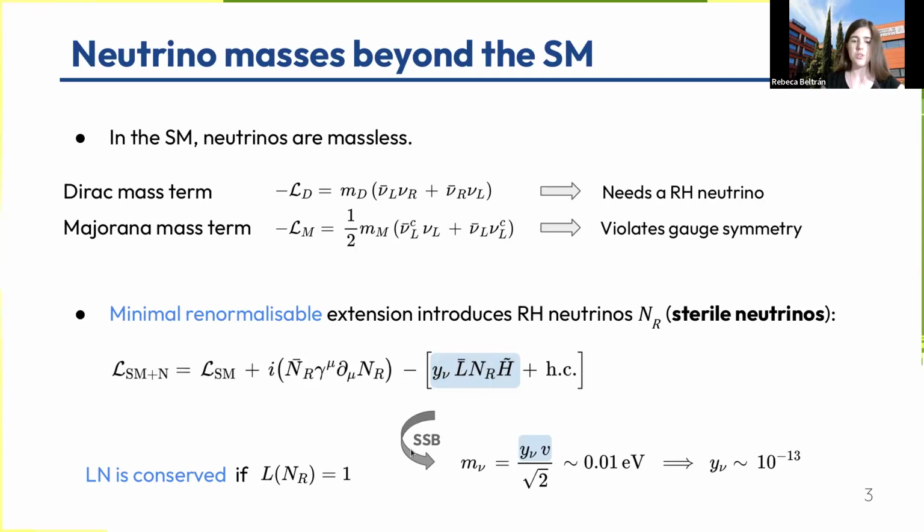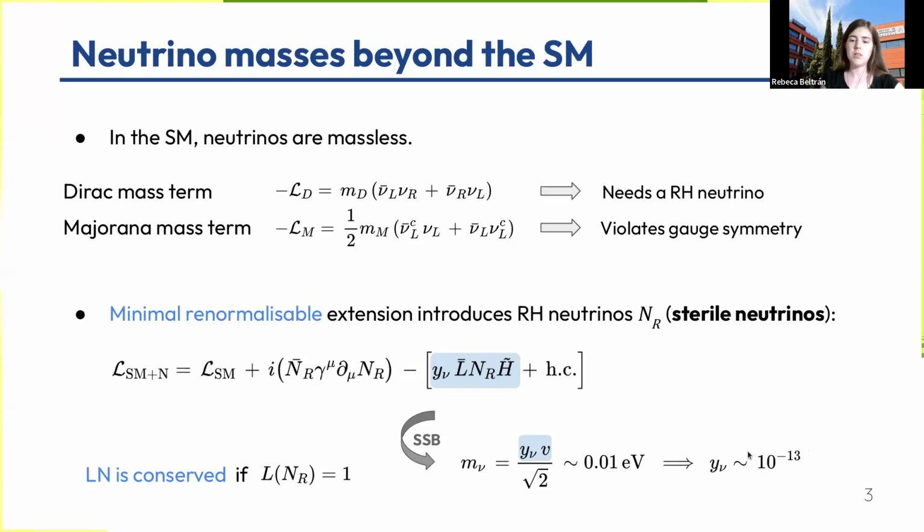So after spontaneous symmetry breaking, one obtains a Dirac type mass for the light neutrinos, and to achieve masses of the order of 0.01 electron volts, which corresponds to the square root of the atmospheric mass splitting, then one should set the Yukawa to 10 to the minus 13. So this is